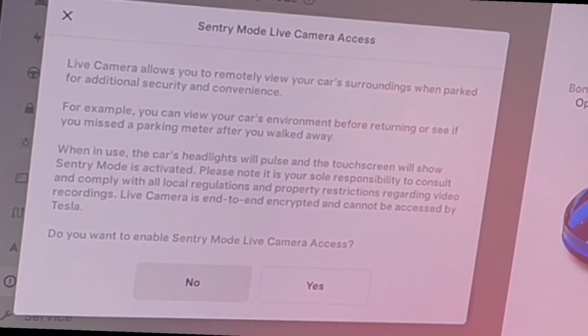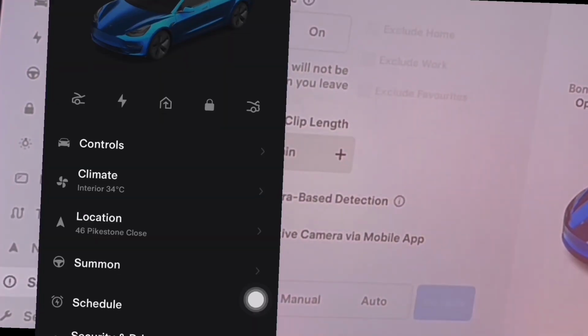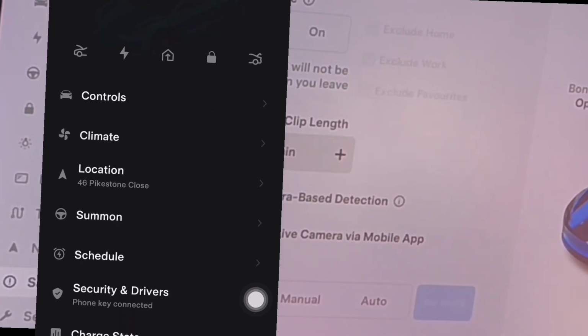and then it gives you a warning, live cameras and all the information. Do you want to enable Sentry Mode live camera access? And the answer is yes, I do. So you go yes. That's all you need to do. That's done. Go into your app, so Tesla app, you go to Sentry Mode, which is security and drivers, and